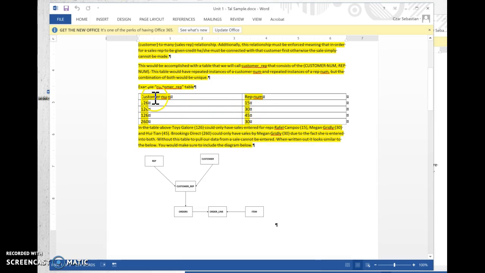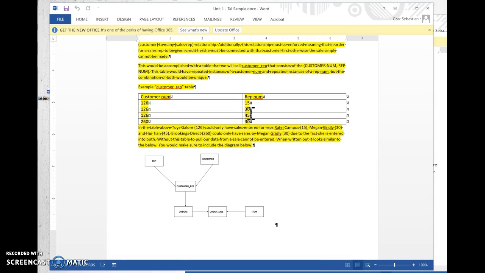And you'll notice that if I was entering in sales that involved customer number 126 or Toys Galore, I couldn't enter in anybody but these 3 sales reps because those are the 3 that are assigned. And if they got a new sales rep, that doesn't mean that you can't enter in a sale. That means that you would have to enter them first into this table in some sort of data entry method that indicated, yes, they've been assigned that particular customer, and now we can make that particular change and enter in